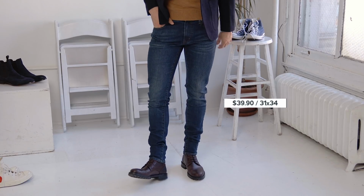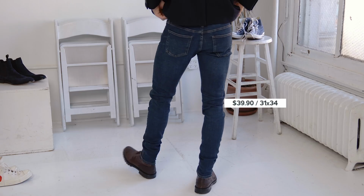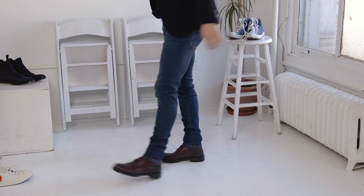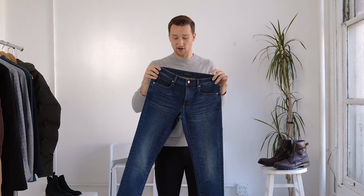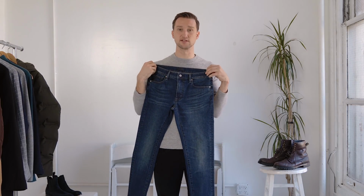I also picked a pair of denim jeans. If you guys saw my last haul, you know I'm a fan of the Uniqlo denim. I think they have really nice skinny tapered fits, and everything comes in a 34 length because you can get them hemmed in store. I didn't get these hemmed because I was a little bit in a rush, but I